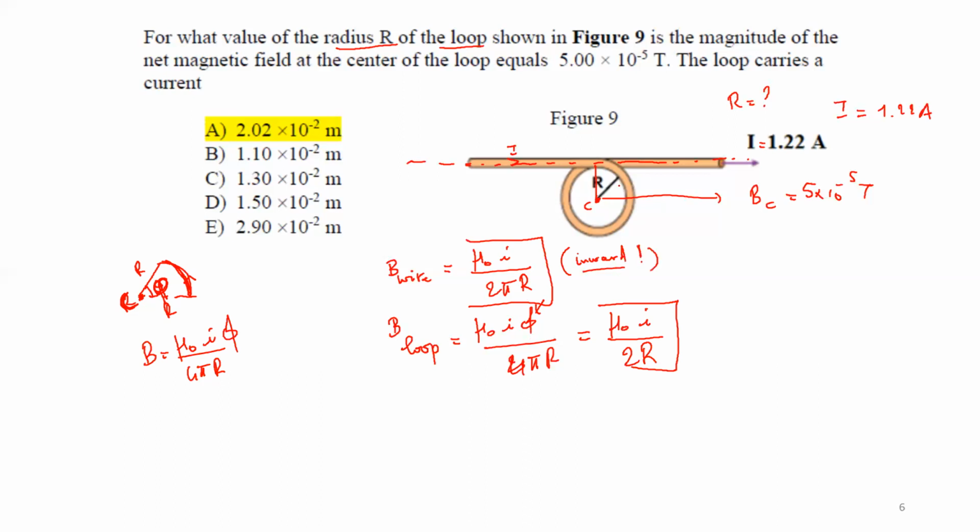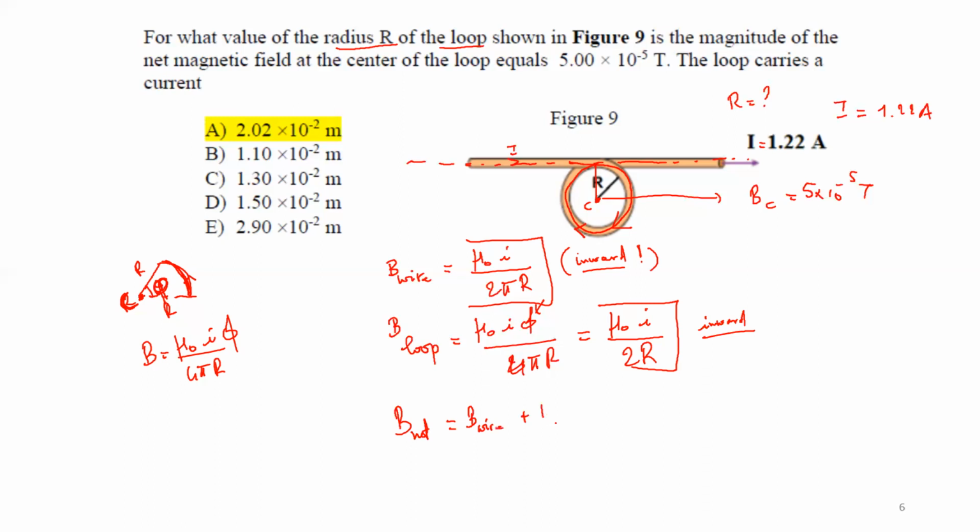What about for the loop? What is the direction of circulation of the current in my loop? The current is going in this direction. So the current is circulating in this loop, of course, clockwise. That means if I use my right-hand rule also, I have the direction of my magnetic field at the center, which is also inward. So same direction. So my net magnetic field, B net, will be the sum of two magnetic fields pointing inward. Okay, so it will be a plus. If one was pointing inward and one was pointing outward, you would have a minus. But here the net magnetic field will be B wire